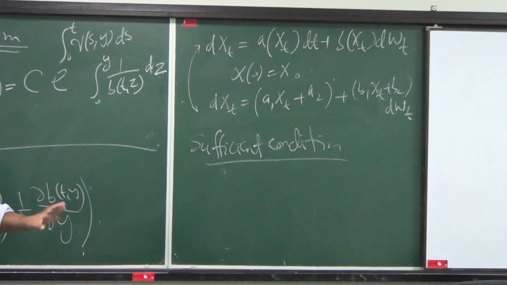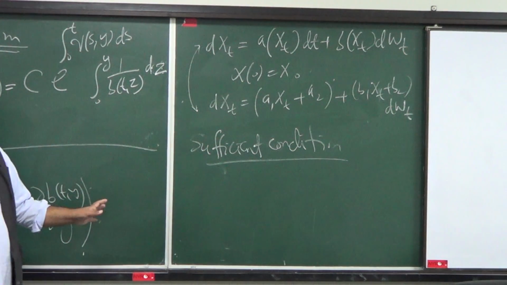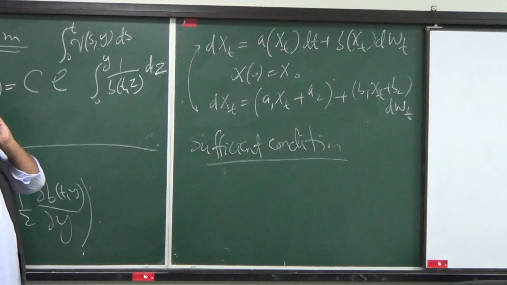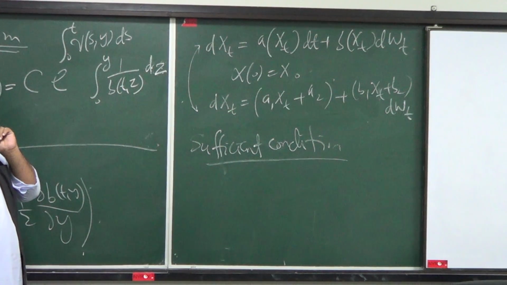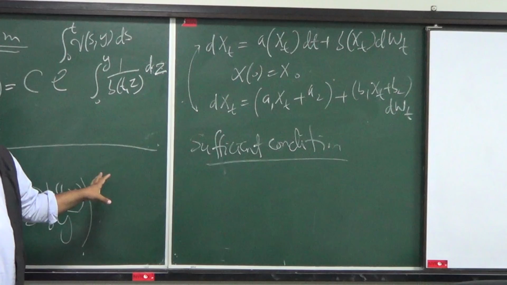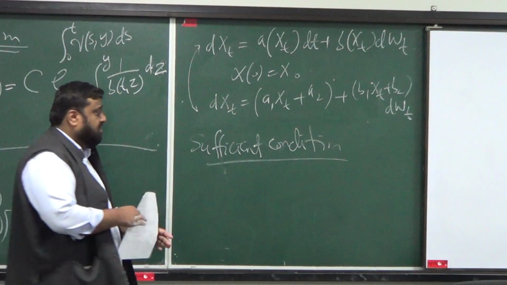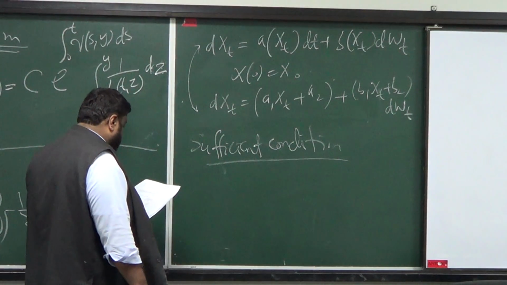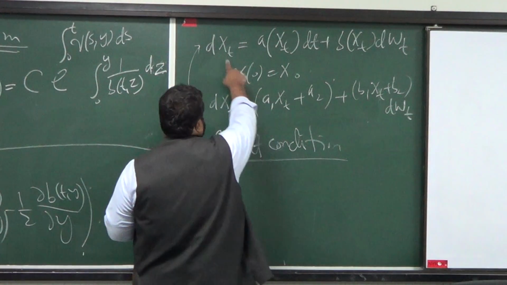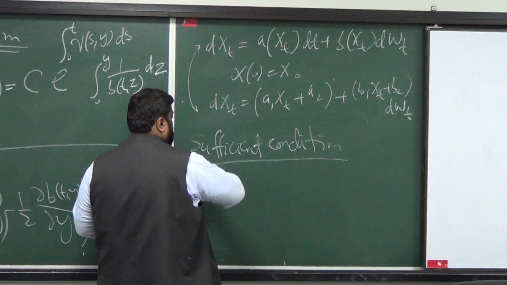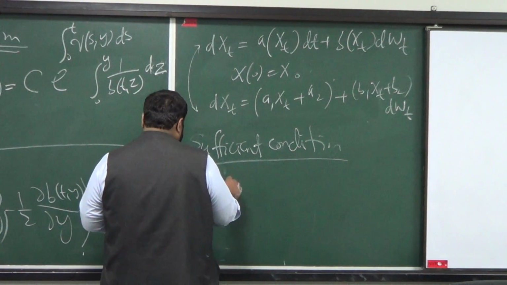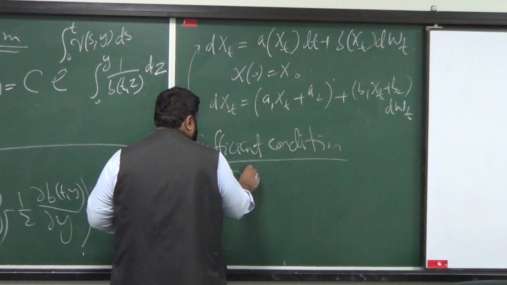These tricks will not work always, but they are good actually. In most of the models, for example, in finance and many different places, can be dealt with this theory. I mean, if there is nothing, then you always have numerics. Okay? So the sufficient condition for turning this SDE into this SDE is this, that it should satisfy this B1